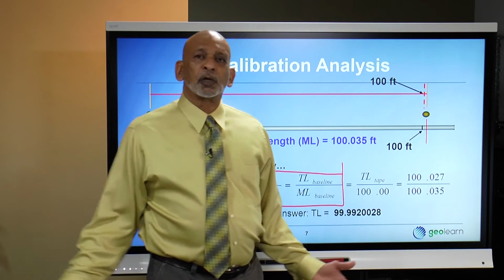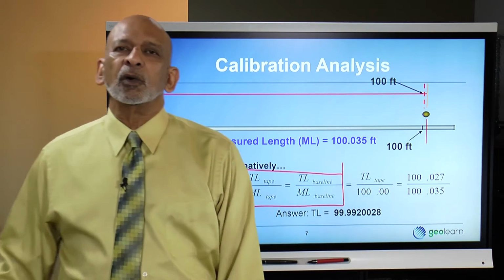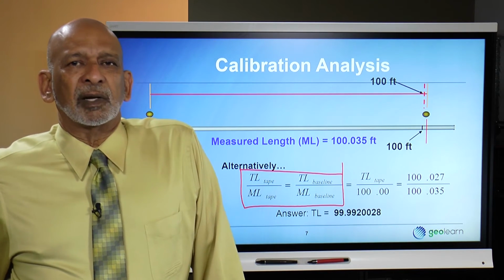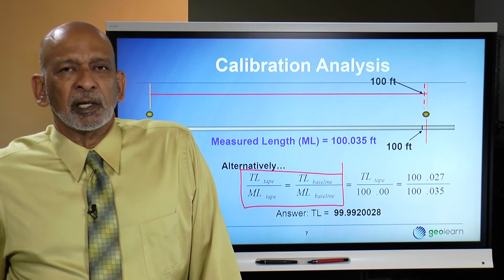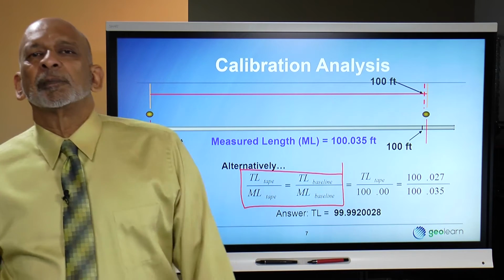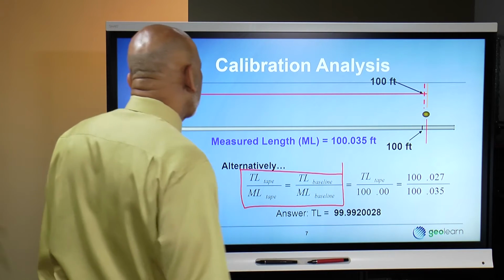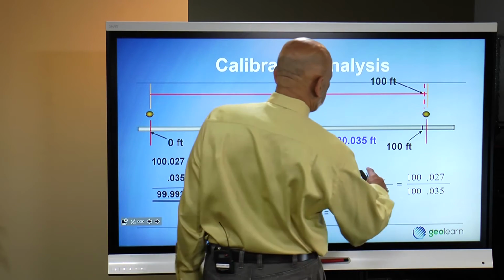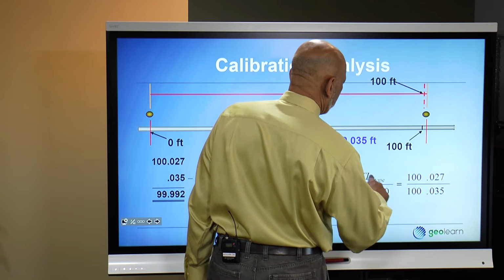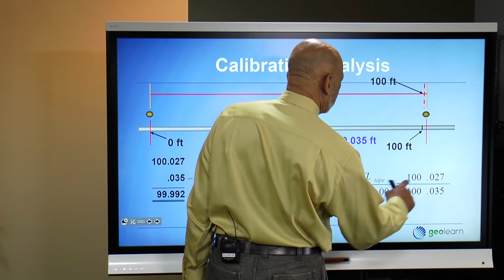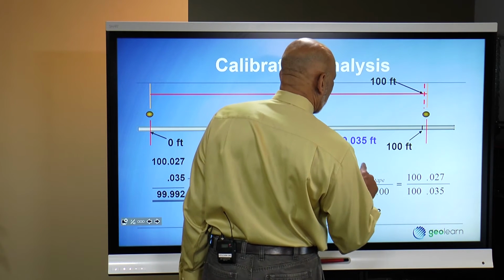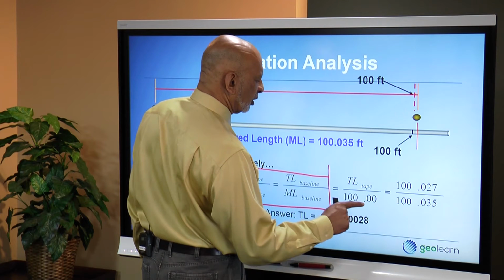Now if we had 100.027, obviously we know that the tape is exactly 100.000 between the 0 and the 100 marks. But we don't get that, so we know it's something other than that number. So what we do now is what's called cross multiplication. So your true length of the tape times 100.035 equals 100.027,